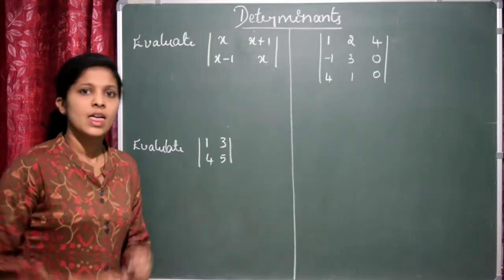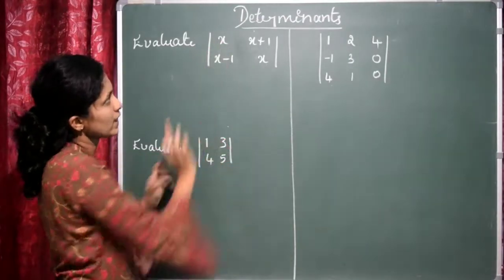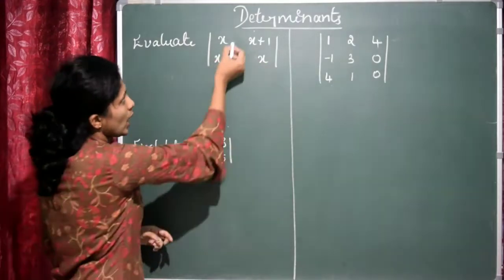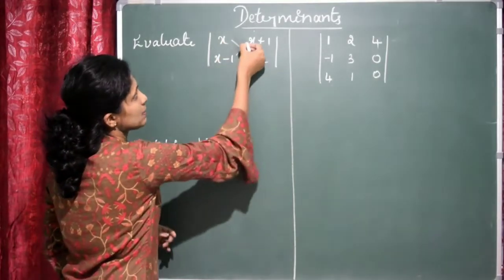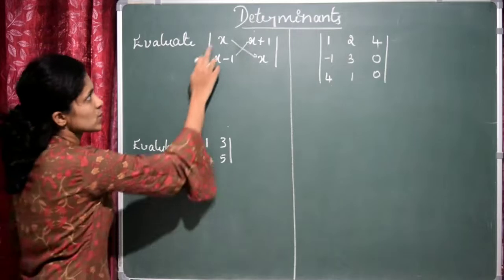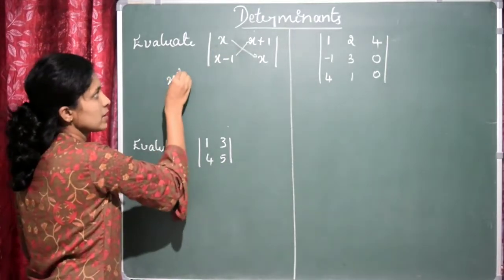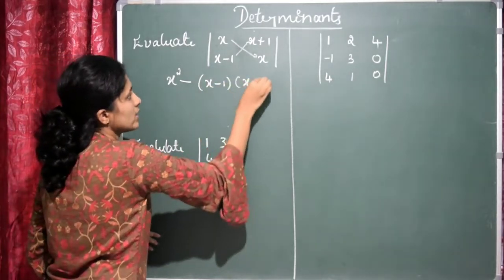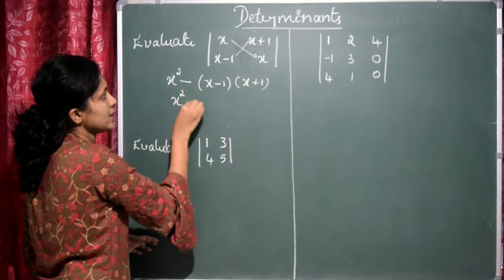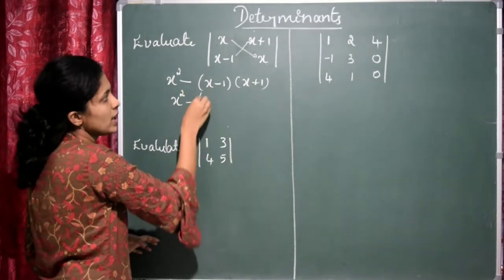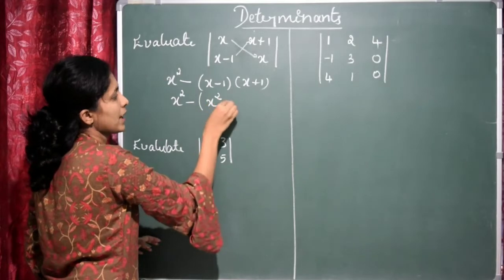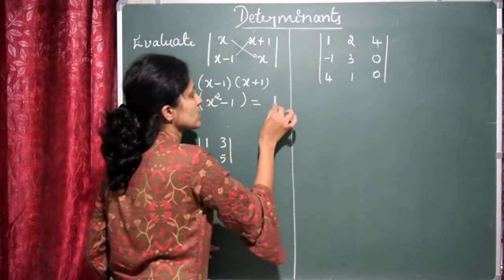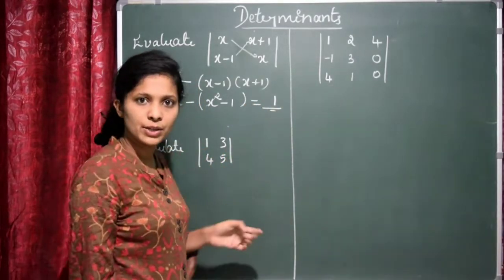Okay. Now we'll see some simple problems. Given that, evaluate. This is the determinant, right? The two lines are, so now you have to find the determinant. What you have to do? Multiply these two minus multiply these two, so that it will give you the determinant. So x into x will be x square, minus (x minus 1) into (x plus 1), right? This is of the form (a plus b) into (a minus b), so I can write x square minus 1. So x square and minus x square will get cancelled, minus into minus will be plus 1, so this is equal to 1. So this is the determinant of the given matrix.